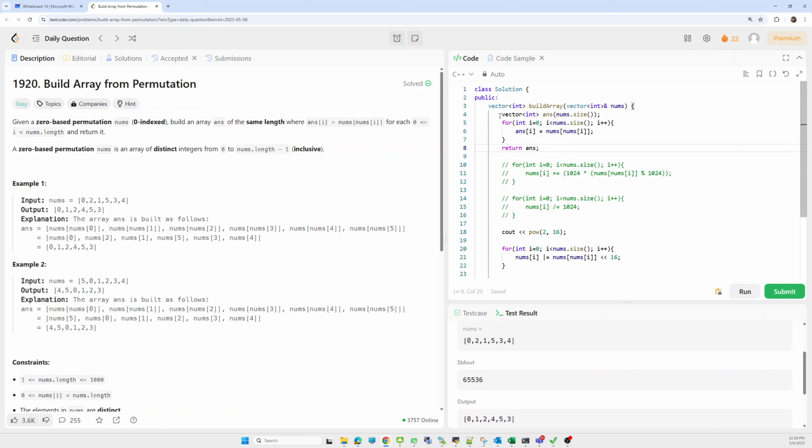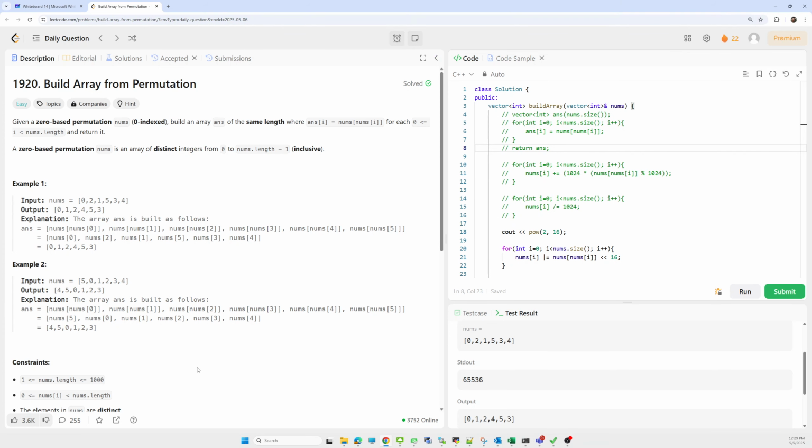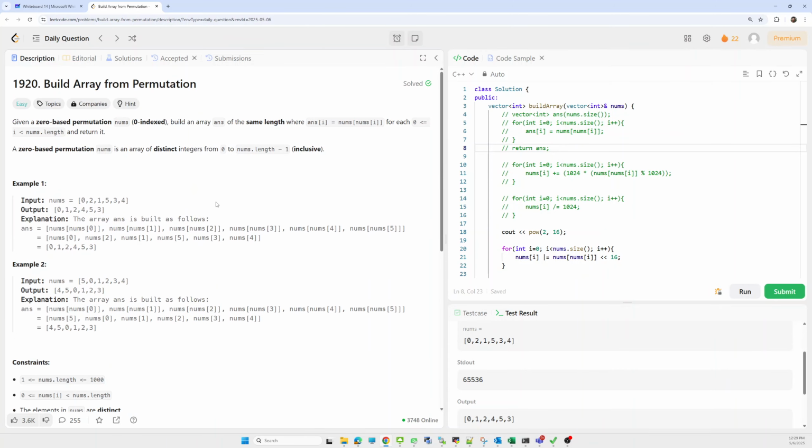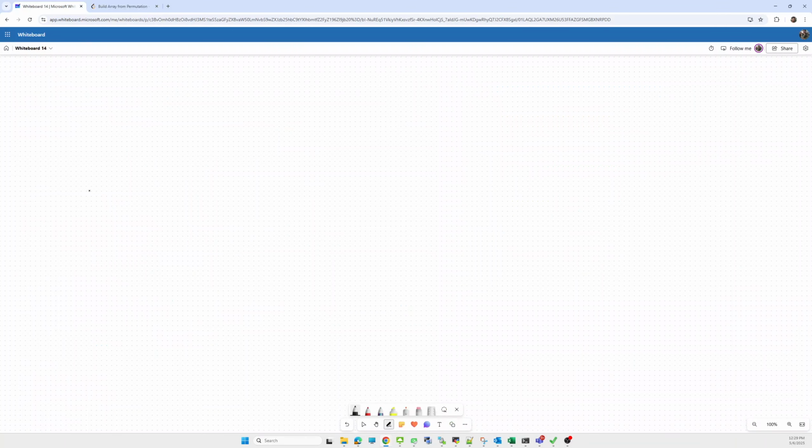So can we think of a solution where we can solve it without using extra space? The main intuition is that, as we are given here, the range of numbers is 1000.